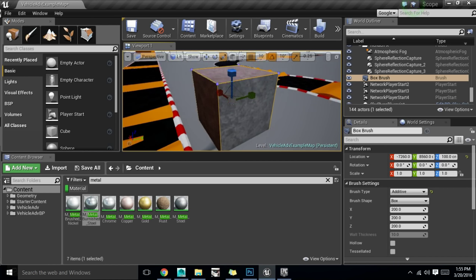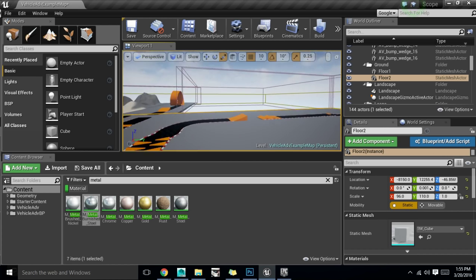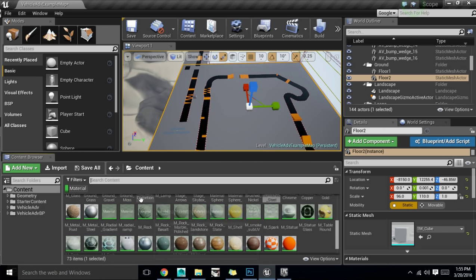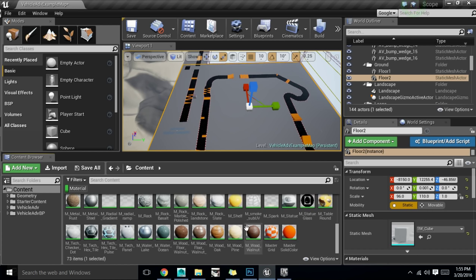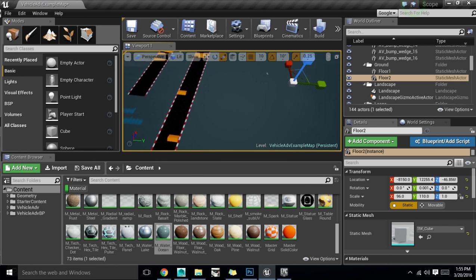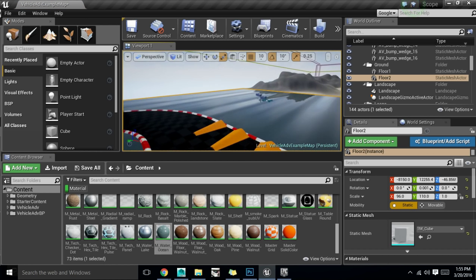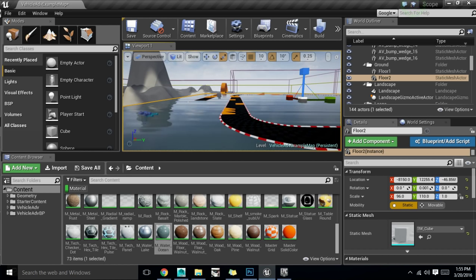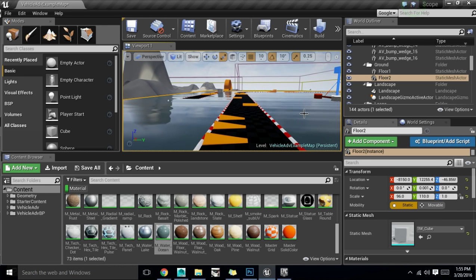And then you can apply different textures to it. So we have this kind of boring gray texture right here. If I wanted to make something cooler, I can just search for some material. It comes with these. So I'm just going to throw water on there. I don't know, why not? And now you have a water material. And it would take a while for the computer to render this, but I'm not going to do that right now. But when I actually play the game,